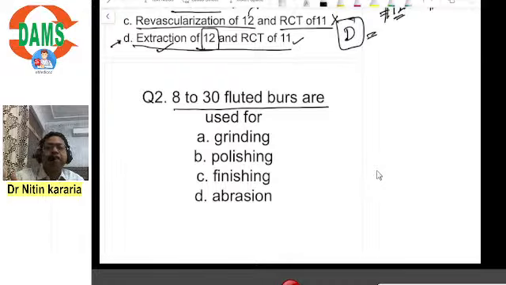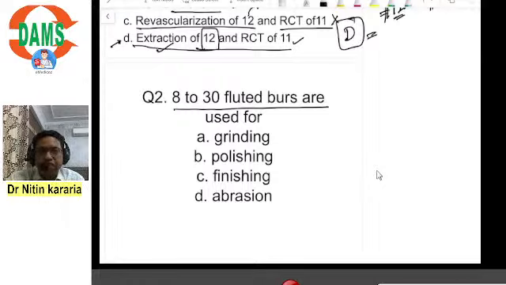They would be having either 2, 4, 6, 8, 10, 14 like this. The number of blades on the burr is mostly even, and they are kept even because manufacturing of blades with even number is easy as compared to manufacturing of a burr with odd number of blades. So you have to remember that all the burrs which are used for the dental purposes usually have even